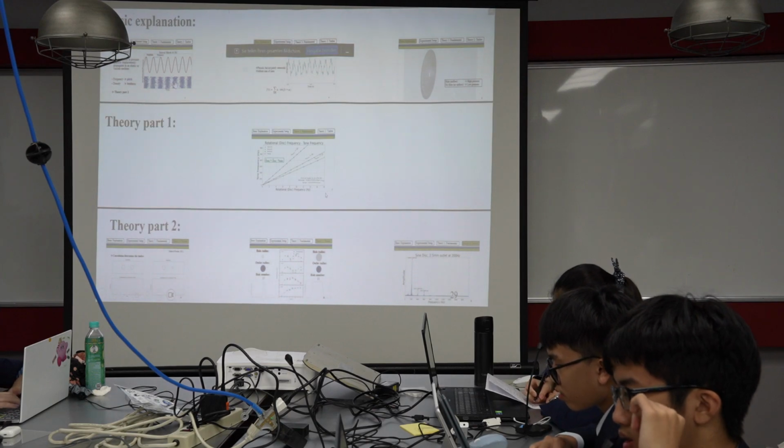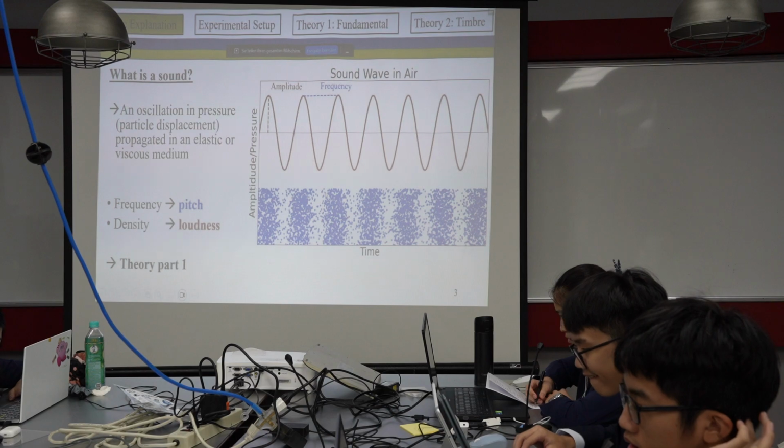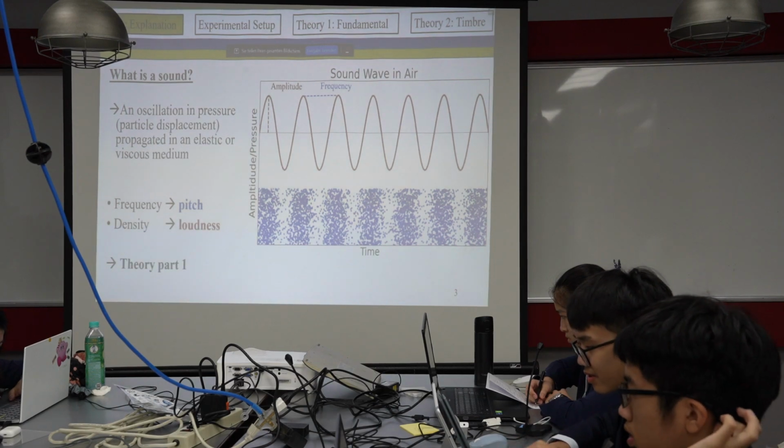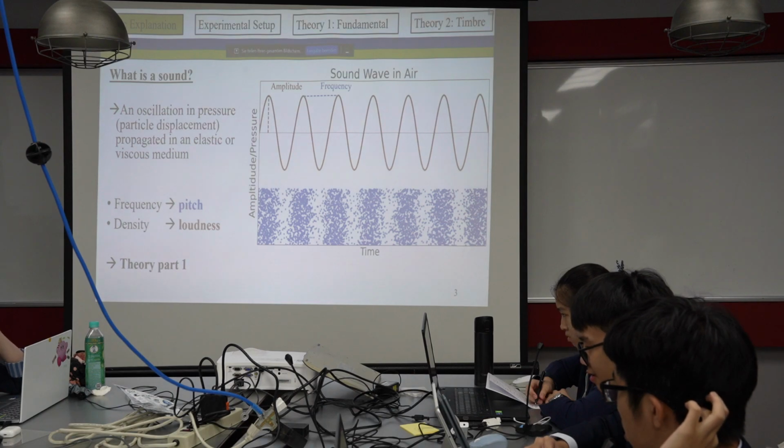In conclusion, looking at the basic explanation, we first looked at what a sound actually is defined by, and found that the relevant parameters are pitch, loudness, and timbre. We additionally looked at